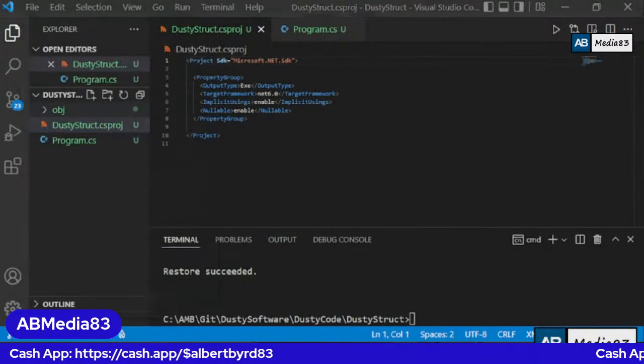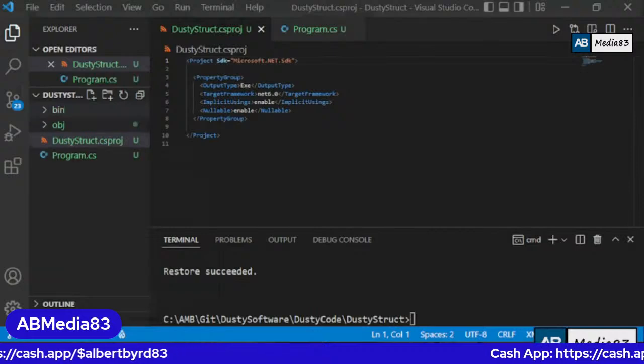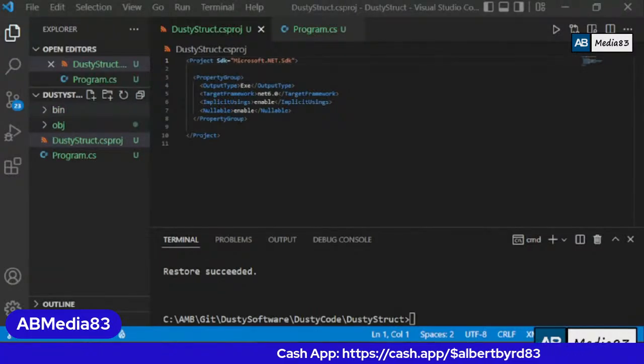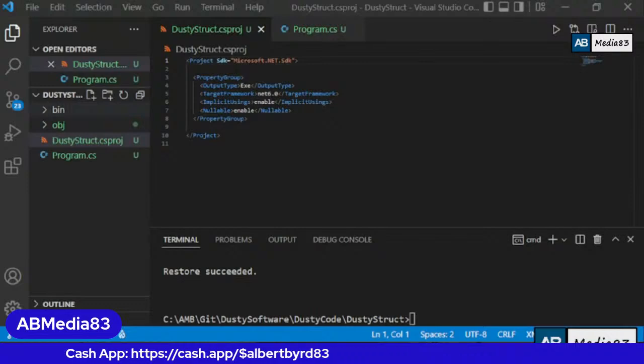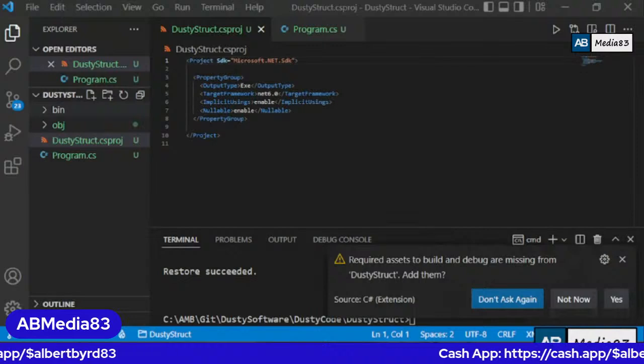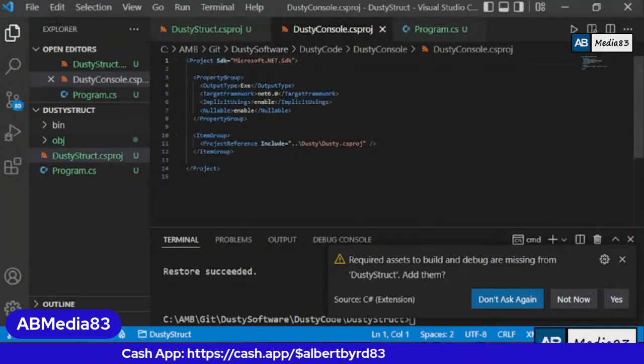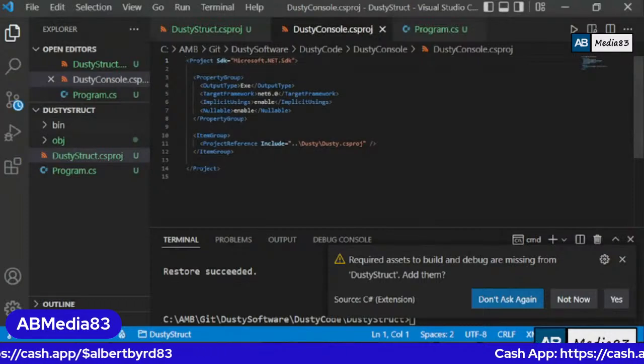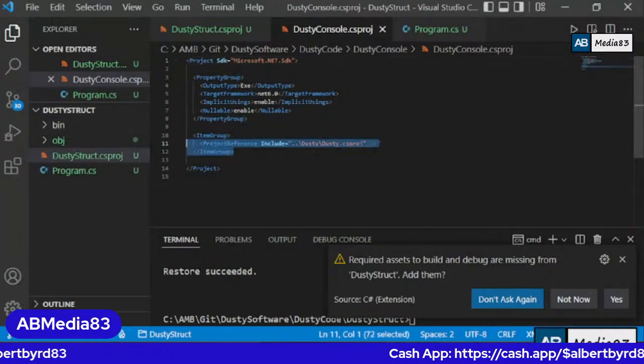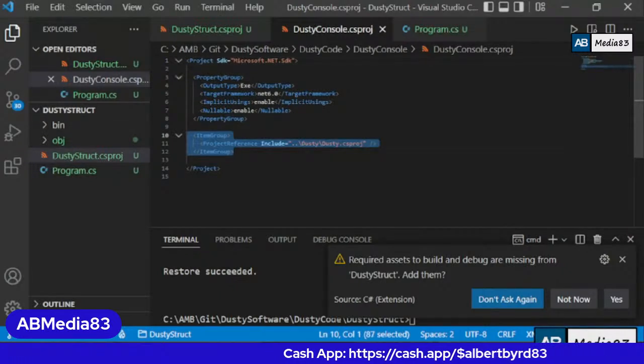We're going to go to open file, go out here to Dusty, and get it from my Dusty console. This is the Dusty console project file, and here's what we're going to do. We're going to copy this line right here,